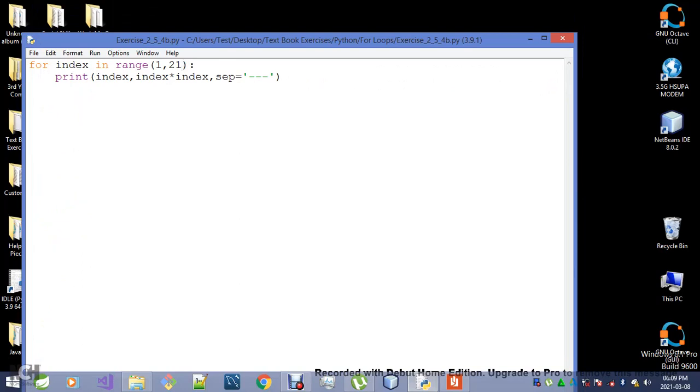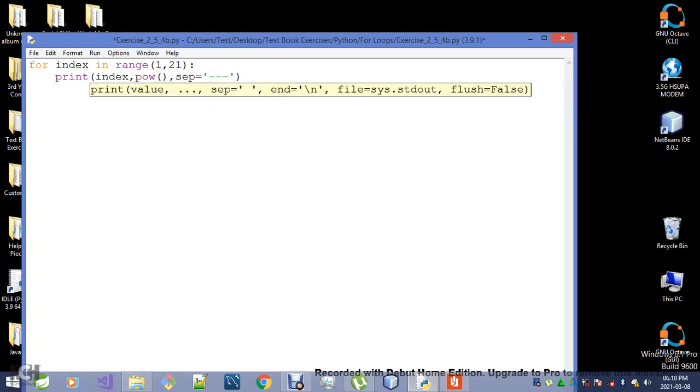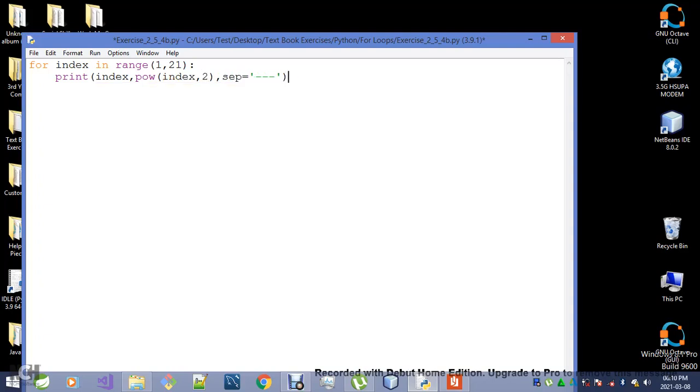Okay, that should be it for this tutorial, you guys. But you know what? Here's another way of doing this problem. I can simply go pow(index, 2), and then I put a 2 over there. Okay, for a change,